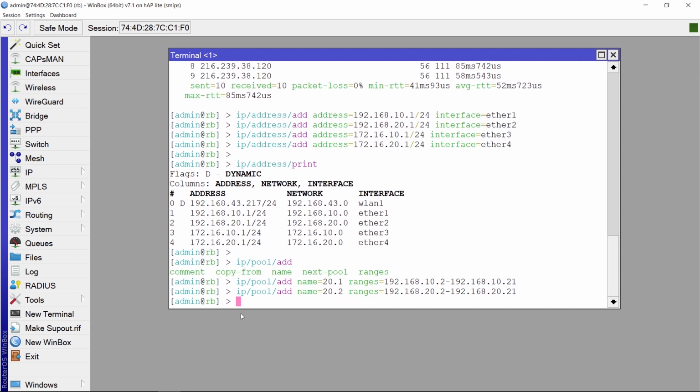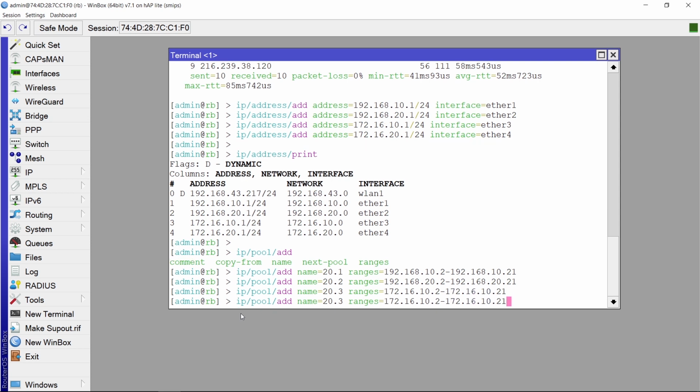192.168.20.21. Next, add IP pool for interface Ether3 with name 20.3 and range is 172.16.10.2 until 172.16.10.21.